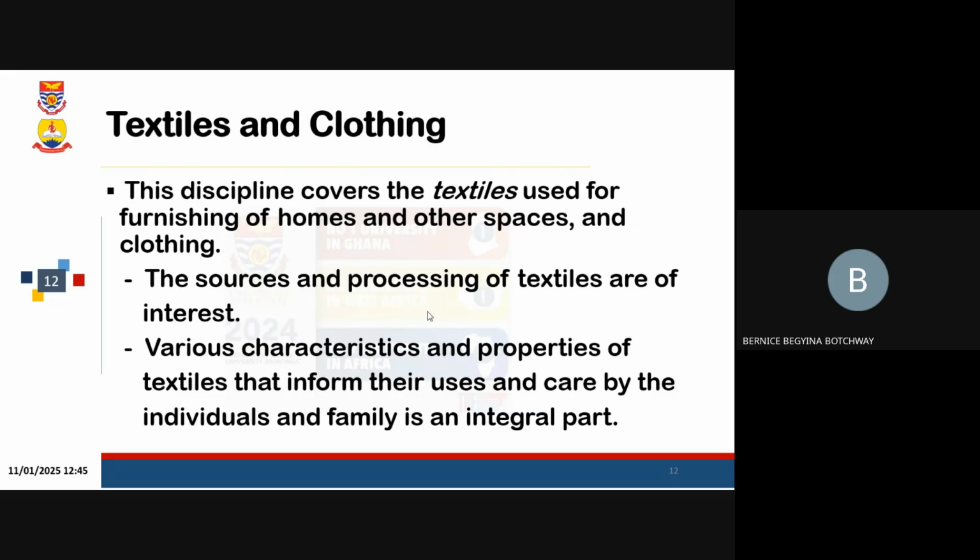to get our final fabric that we use in sewing our beautiful dresses. We talk about the various characteristics of textiles, the characteristics of the natural ones, and how these characteristics influence some of our decisions on picking textiles that we will use in the homes, textiles that we will use as napkins. Our knowledge of the characteristics and properties will also influence how we will care for all these textiles too.